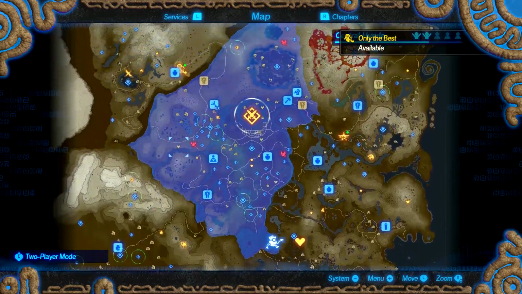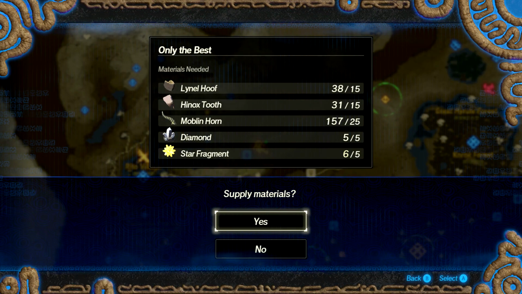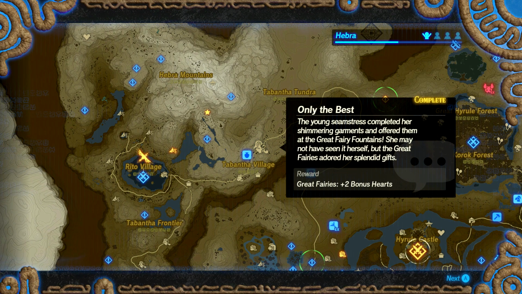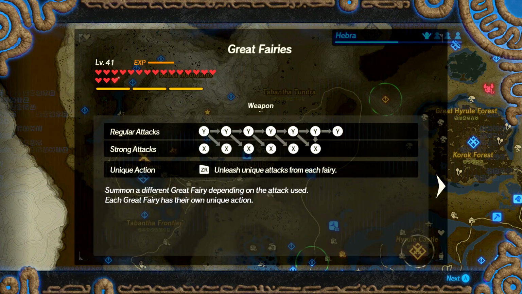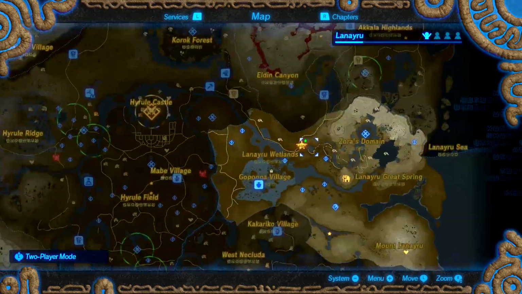Now I can finally knock out this side quest that'll give the Great Fairies an extra heart or something. 2 bonus hearts. Great. Cool. Boom. Finally done. I was supposed to knock that out in a previous video, and I'm only knocking it out now, but that's okay. Better late than never. I will knock out every side quest in this game. Boom. Then what was the other one I wanted to clear? It was this one. I still need...